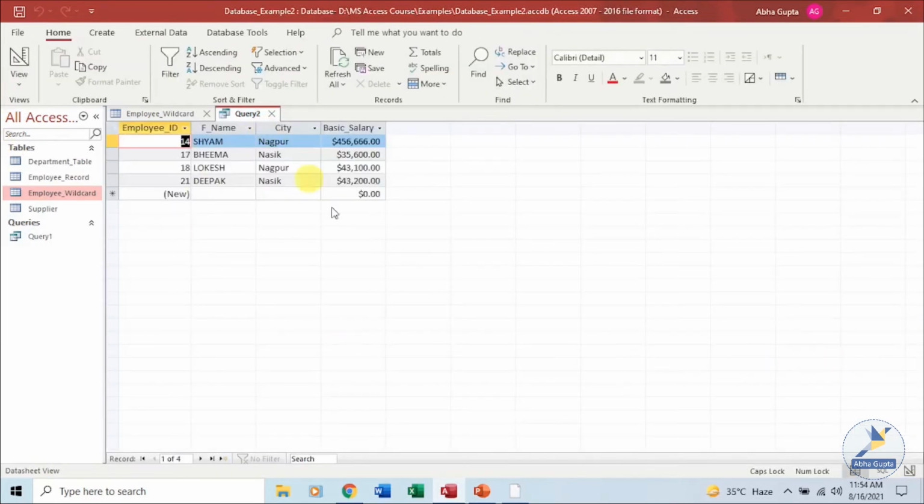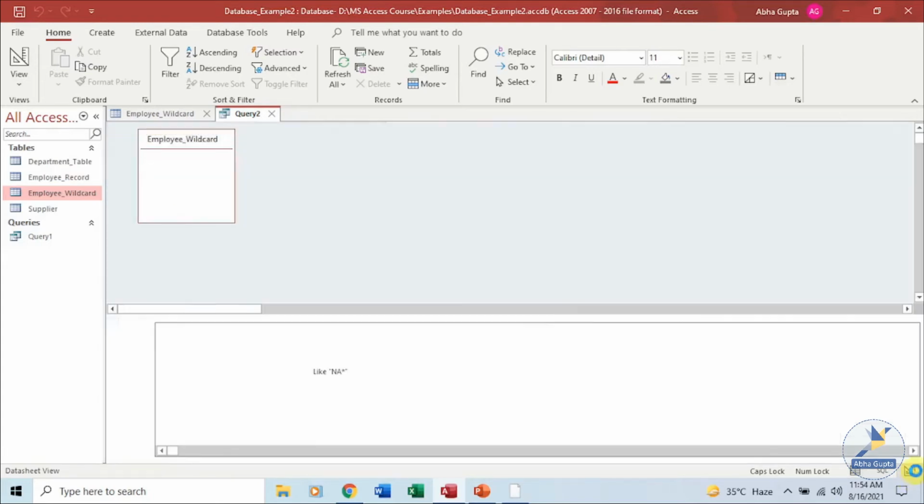Let's run it. You can see the changes. If I specify another criterion, like it should end with R, with an asterisk in between N and R, only Nagpur will be displayed. That can always be done.